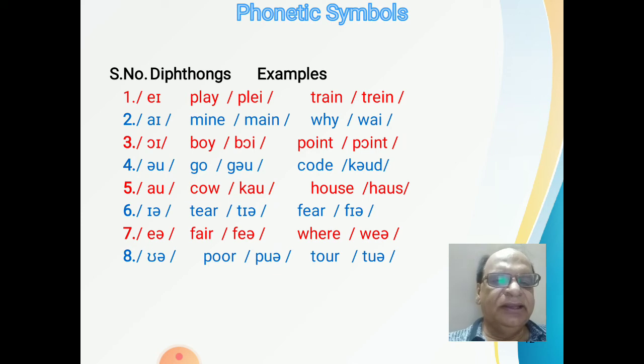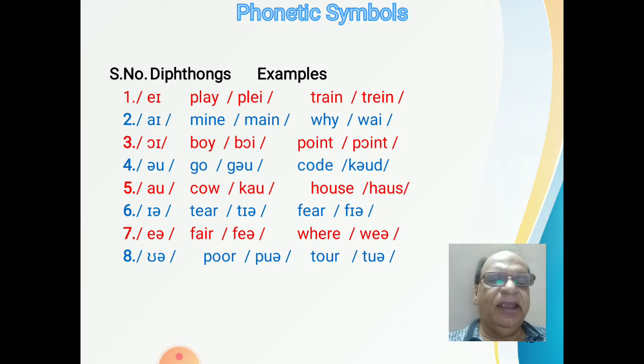ठीक है? In Hindi, it does not happen. In Hindi, what we tend to do is we join these two vowel sounds. है ना? We make a sort of sandhi in Hindi, dirgh sandhi that you call. But in English, there is no sandhi. We articulate both the vowel sounds successively, although the first one is a bit prominent and the second one is less prominent.